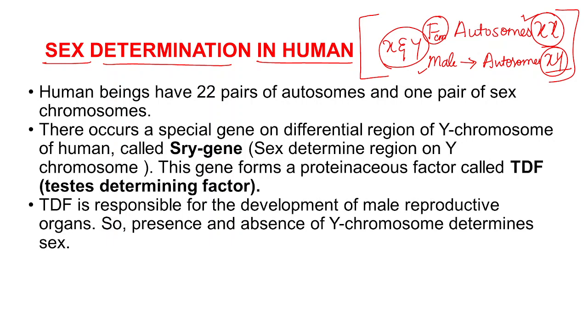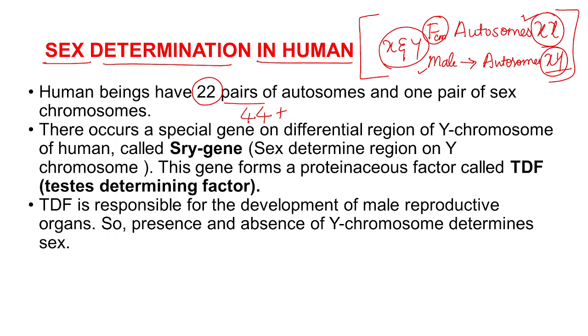See here, human beings have 22 pairs of autosomes, it means 44 autosome chromosomes. Is that clear? 22 pairs of autosomes means a total of 44 autosomes. And what are 44 autosomes? They are nothing but 44 chromosomes which are responsible for the maintenance of body characters, not the sex characters. But along with this, the sex chromosomes will be occurring, which will make the individual to develop into male or